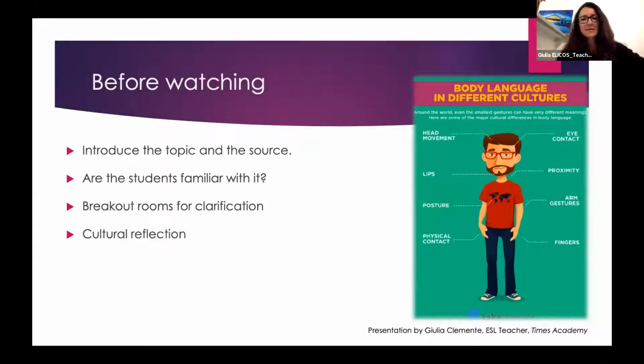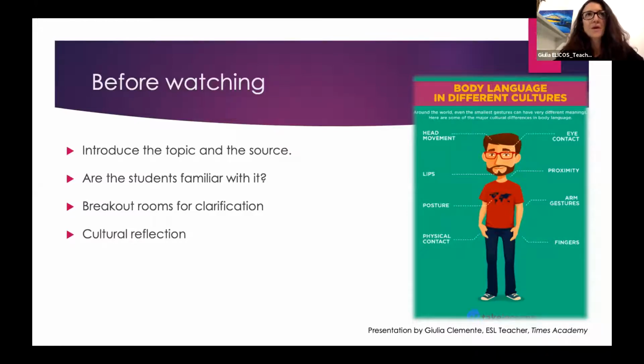So in this case, I'm using the example of a date, but we did also job interview. There's many other situations that can be analyzed. So what happens during a date in Australia and in their own countries? What is the protocol about body language, physical contact, eye contact, who picks up whom, who pays? And I would ask them to share what happens in their own country in this situation,